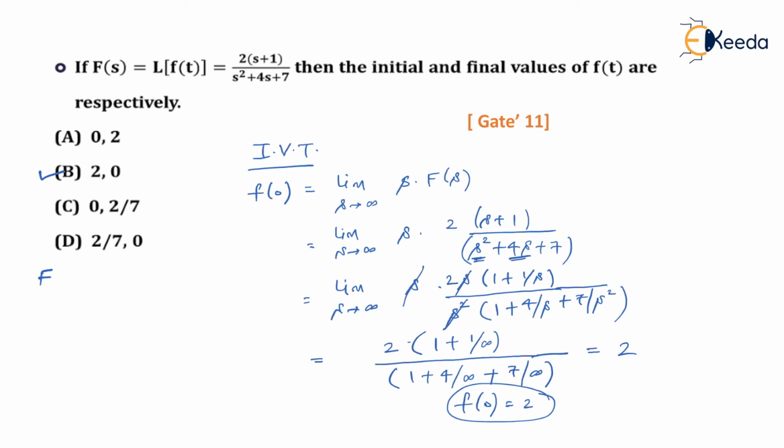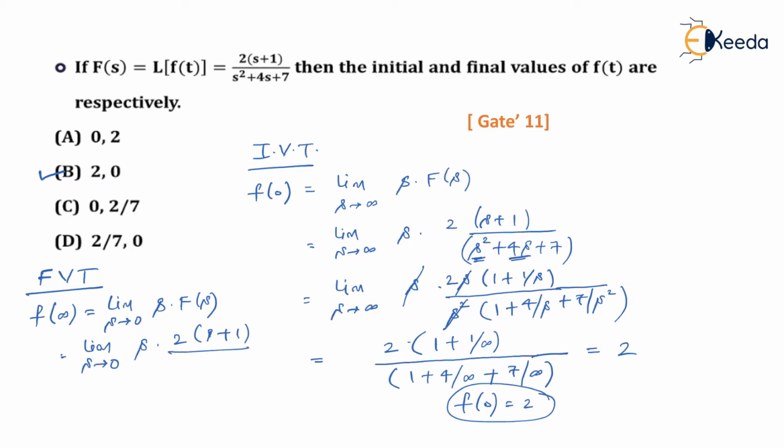So how to use a final value theorem? You know very well. Final value theorem means you have to get f of infinity, which is limit s tends to 0 of s times F of s. Let me substitute: limit s tends to 0 of s times F of s is (2s plus 1) divided by s squared plus 4s plus 7. How to solve this? Simply substitute s equal to 0, and you will see that this results in 0. Naturally, f of infinity, which is considered as the final value, that is f of t at t tends to infinity, is equal to 0.